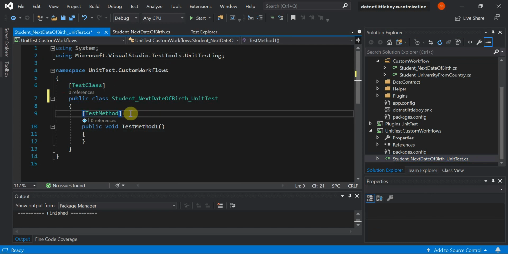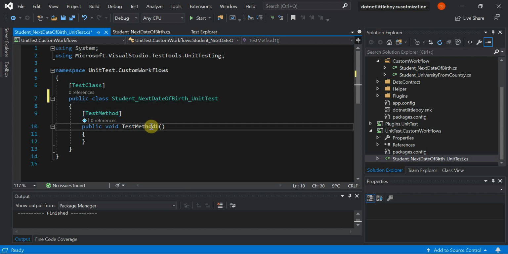These test methods are nothing but our test cases, which we will write for the requirements. For different test cases we will write different test methods here, so that when it is run, it will cover the code which is written against those test cases.